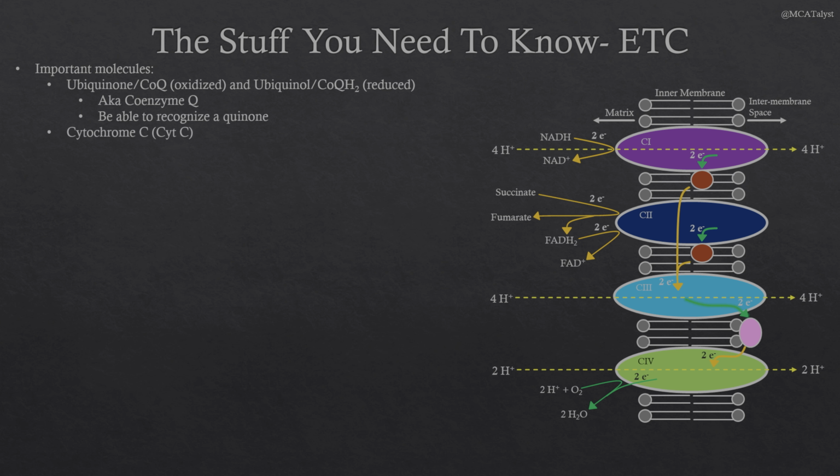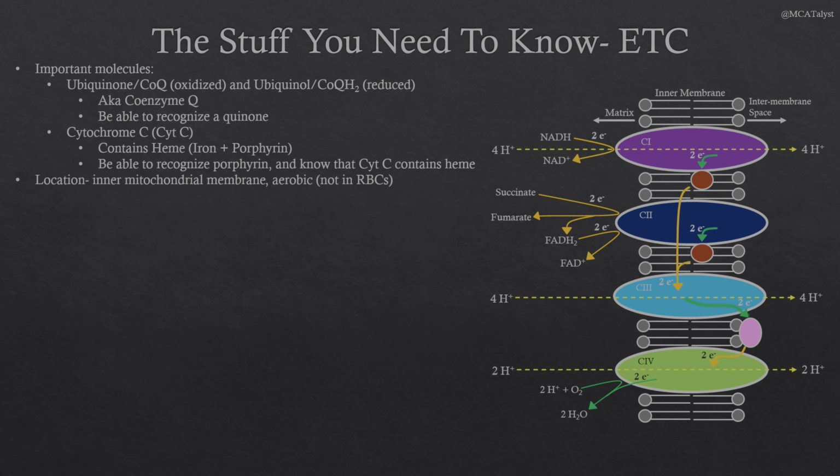The other molecule that I want to introduce is cytochrome C, or Cyt-C for short. The important thing to note is that it contains heme, which is essentially just iron with a porphyrin ring around it. I recommend being able to recognize a porphyrin ring, as well as knowing that cytochrome C contains heme, which will have one of these porphyrin rings inside of it. Both of these are going to be electron carriers that help us pass electrons in between the